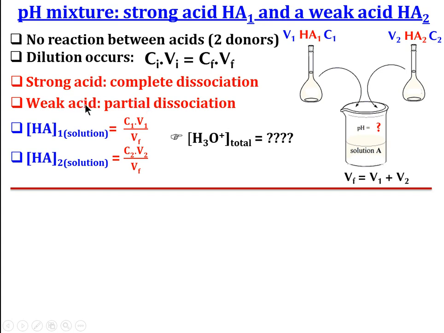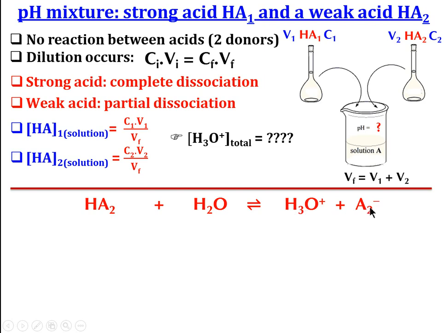The presence of the weak acid does not affect the dissociation of the strong acid, since this dissociation is complete. But the presence of the strong acid will affect the equilibrium dissociation of the weak acid. So the strong acid dissociates completely to H3O+. The weak acid will react with water to dissociate partially into